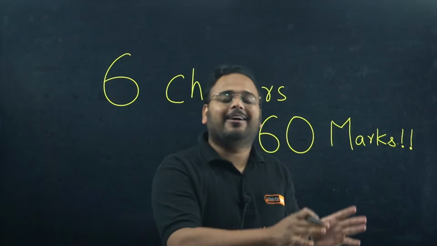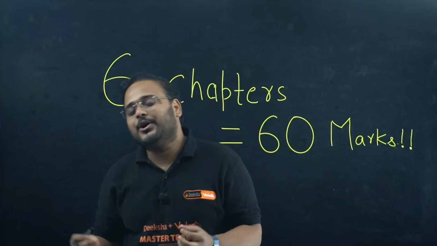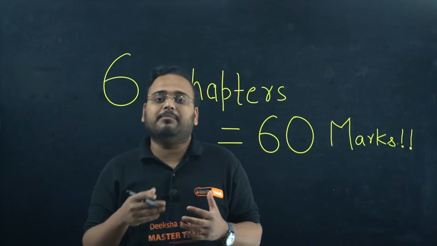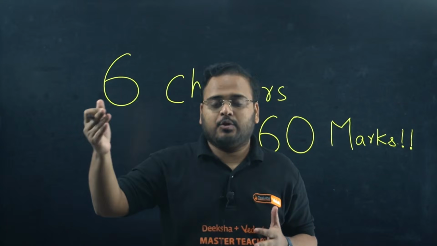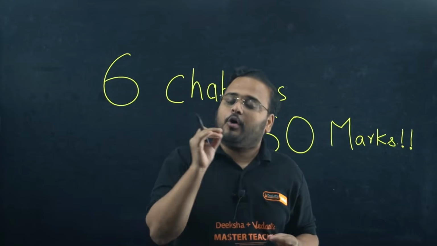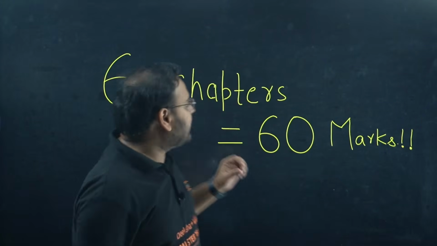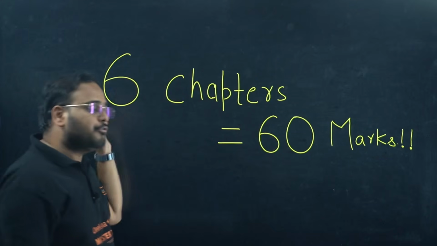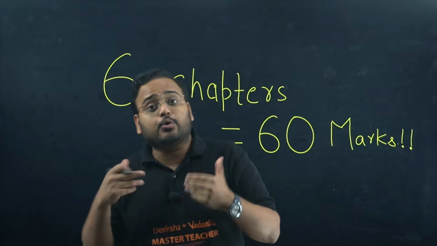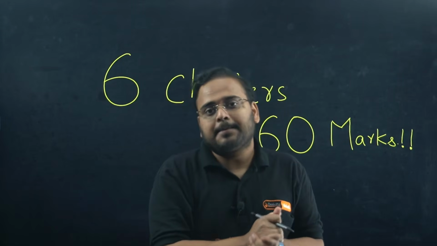It's time to switch back from your science to mathematics in your preparation of PU2 boards, and I'm here to help you. I understand many of you are not aiming to score 80 out of 80. You might be looking to score safe marks or pass, but don't worry, for all of you also I have something in the bucket. What is that? You can score 60 marks if you follow these 6 chapters properly. I'm going to give you the list of chapters. I'll show you how you can do that from all the chapters in different sections. Okay, so let's start the session.